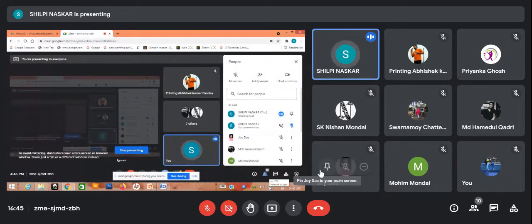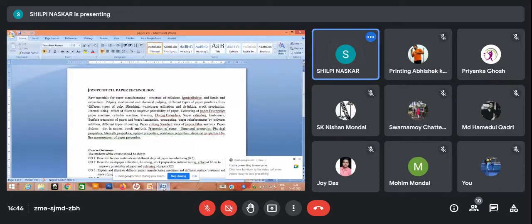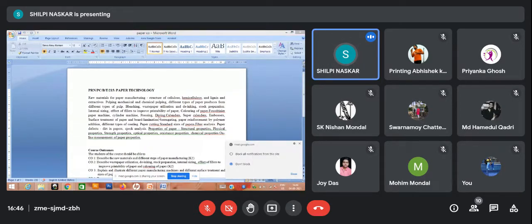Now, paper technology. You are in second year, so you haven't gone through the printing engineering subjects yet. In that sense, you are starting this semester only. This is a vital subject of your printing engineering, because paper is a kind of primary substrate used for most of the printing processes. Substrate means the material onto which the printing is done, and all of you know that